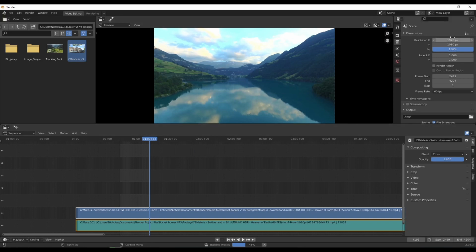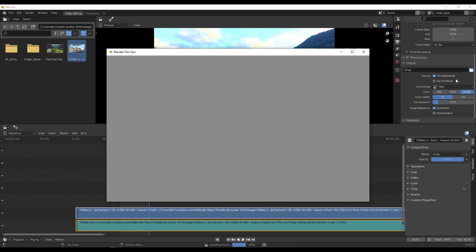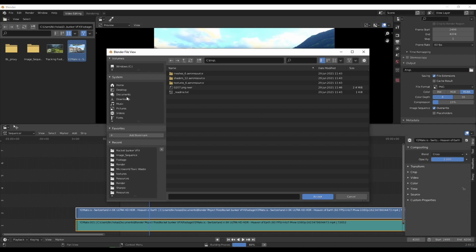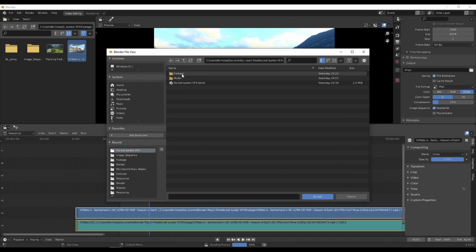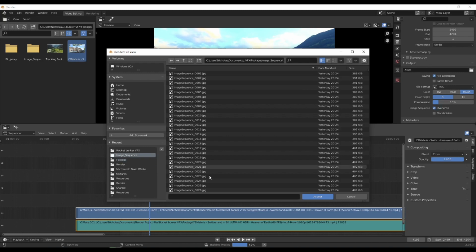Now I know that this footage is 1920 by 1080 and we've got 60 frames per second. So you want to navigate to where you're going to save these images. So you go to your Blender project folders. I created a folder called Rocket Bunker VFX footage, and then create a folder called image sequence. And in there, you're just going to name it image sequence